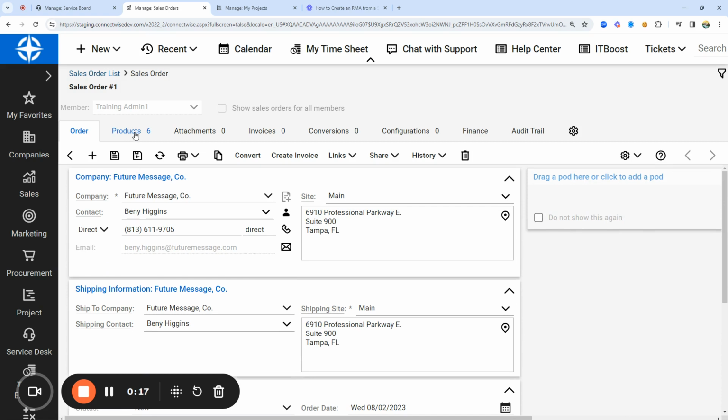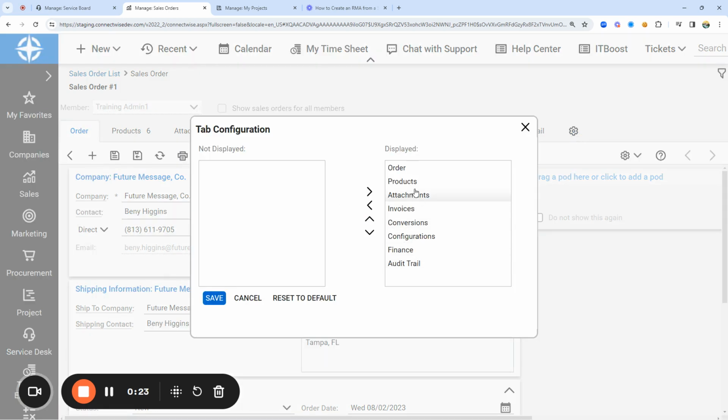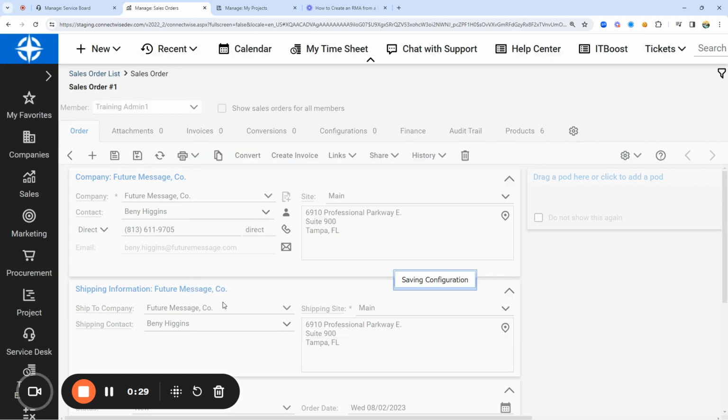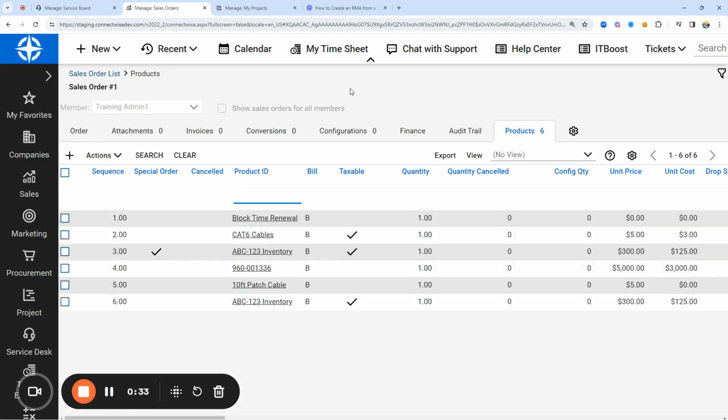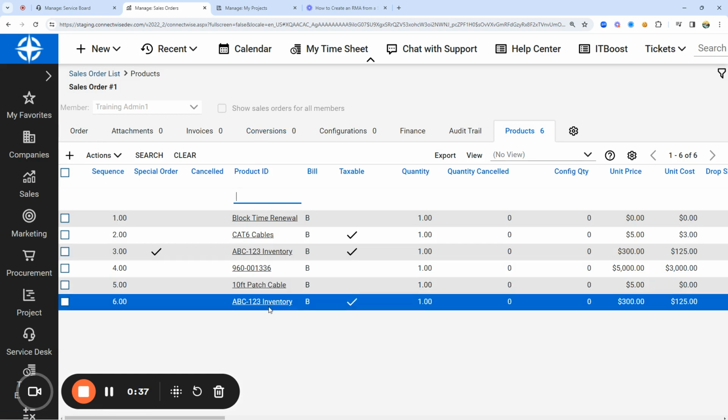This tab should be visible, but if it's not visible for you, click on the gear and make sure that the Products tab has been moved from your Not Displayed to Displayed side. I'm going to select the Products tab and find the product I would like to RMA. In this case, it's line number 6, ABC inventory. I'll select the product ID,